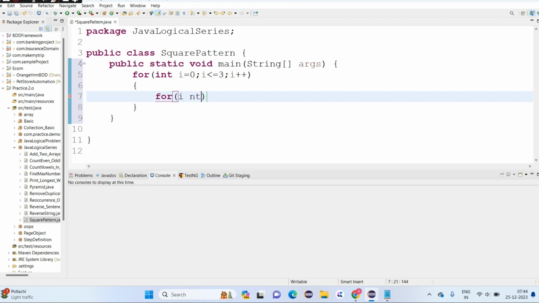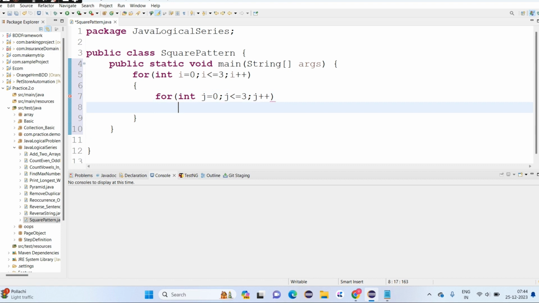For int j equal to 0, j less than or equal to 3, and j plus plus.